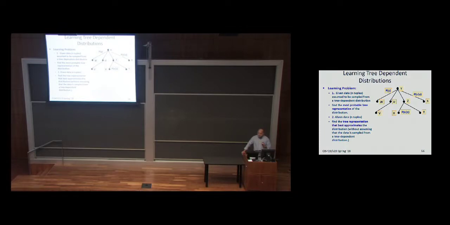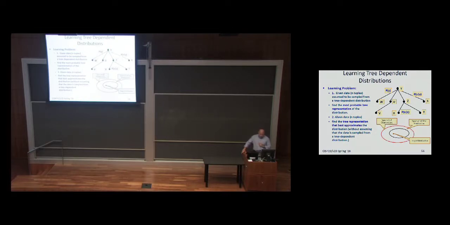So notice that these are two different problems. Here is perhaps a way to think about it. This is the space of all tree distributions. Okay? All the points there are tree distributions. Now, remember, not all distributions can be written as tree distributions. It's a specific set of independent assumptions. And the first question at the top left is the target distribution is there. Take some data, find it.